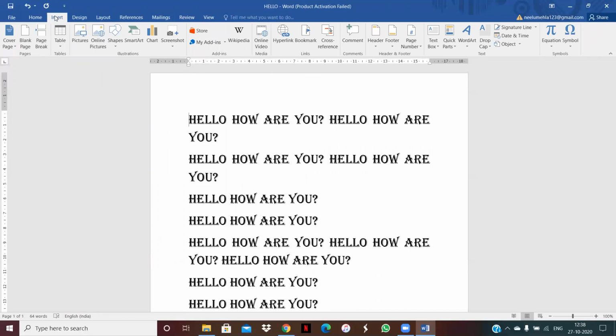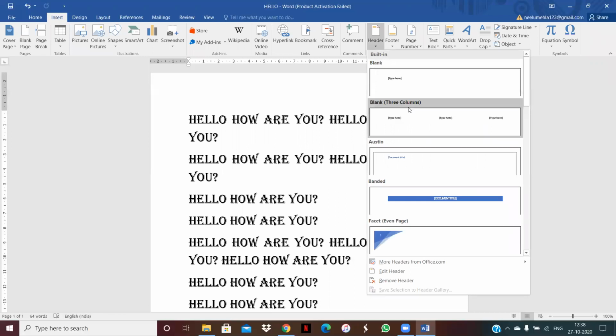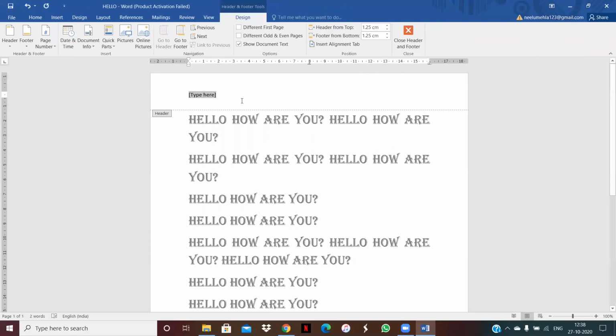My dear students, if you want to set a common heading for all the pages, for that we use header. And how we can use it? Click on insert, then click on header. When I click on header, it shows me the different types in which way you want to set. Suppose in header, I want to write